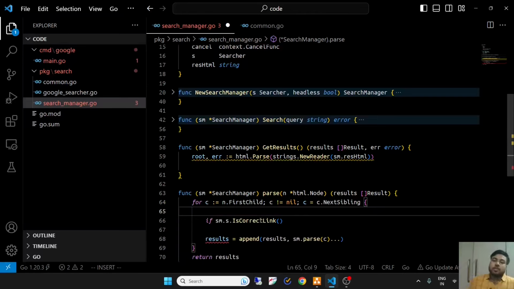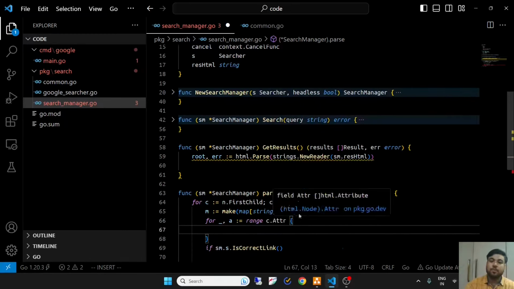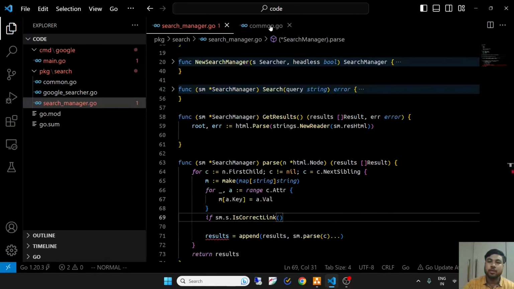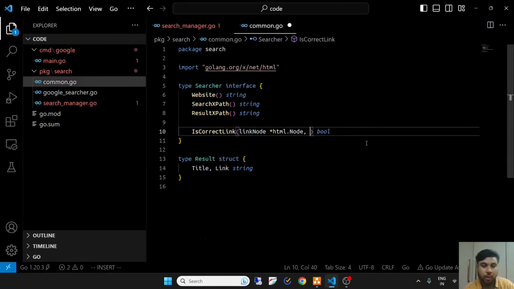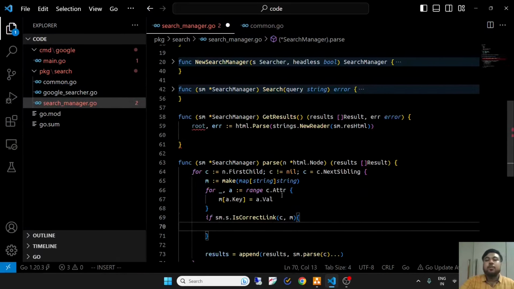It is oftentimes convenient to convert it into a map, and then the isCorrectLink function could easily identify if the node is a correct link or not. So we'll create a map. This should also be passed into the isCorrectLink function. The searcher struct would also provide us with a function that will extract the link and the title from the link node.